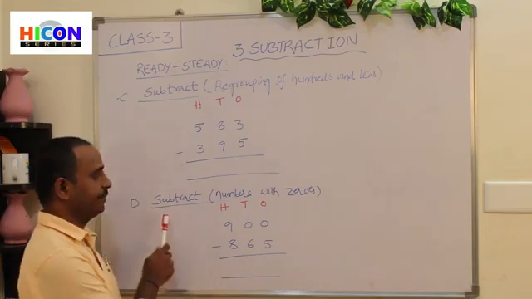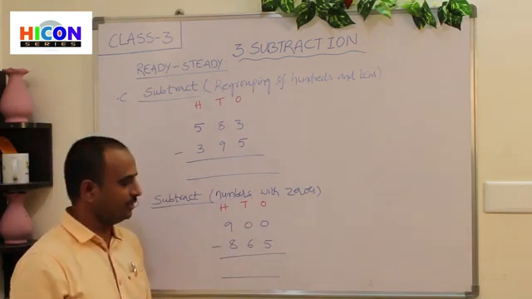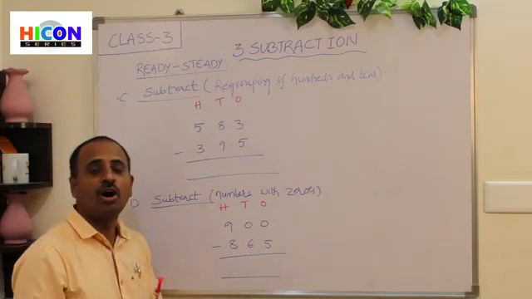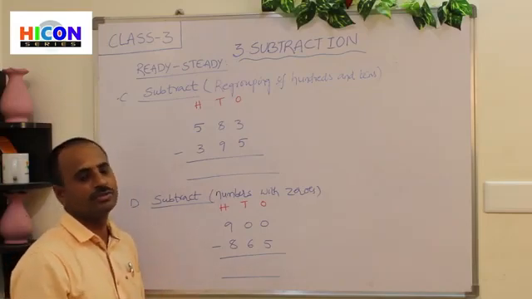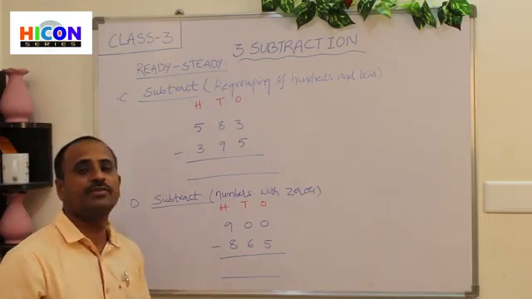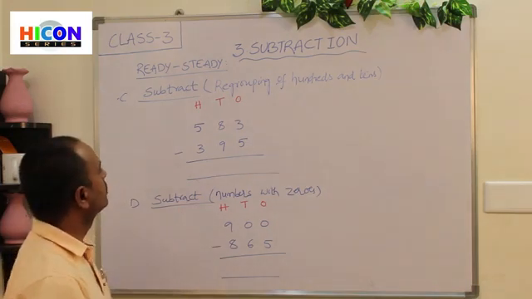And the fourth type of subtraction is numbers with the zeros. So how to do subtraction with the zeros? So if a number has zeros, how can we do subtraction with the zeros? So these are the 4 types of subtraction. So 2 types of subtraction we have learned in the previous one. Now these are the other 2 types of subtraction. So see the problem,